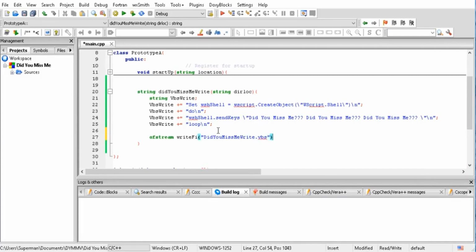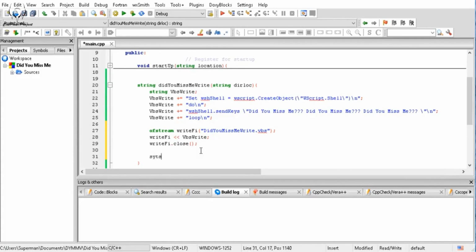We are going to create a file called didyoumissmewrite.vbs, and I'm going to output all of those values of the VBS write into this file, and then I'm going to close this file, write.close. After closing, then I'm going to check this program. I'm going to run it. So I'm going to add one more enter there,